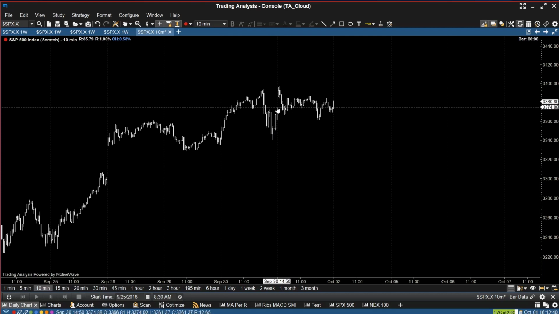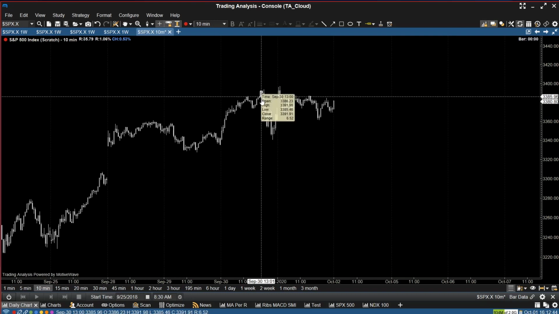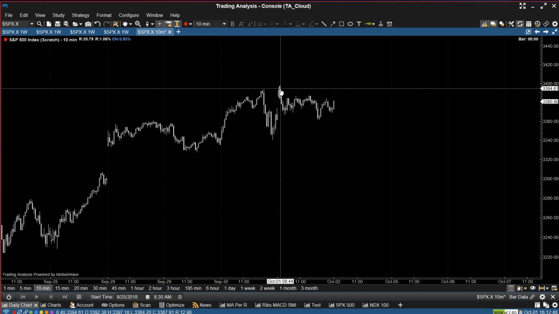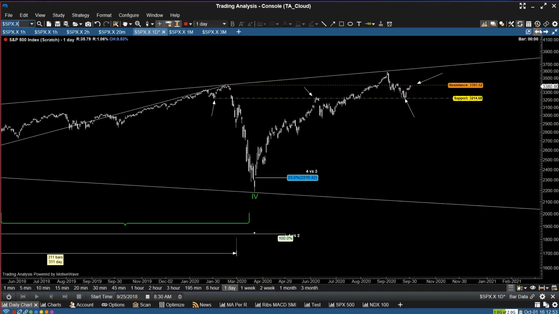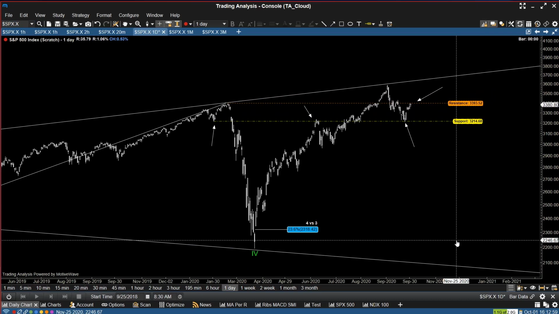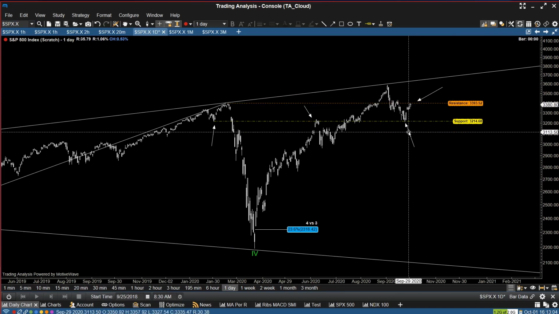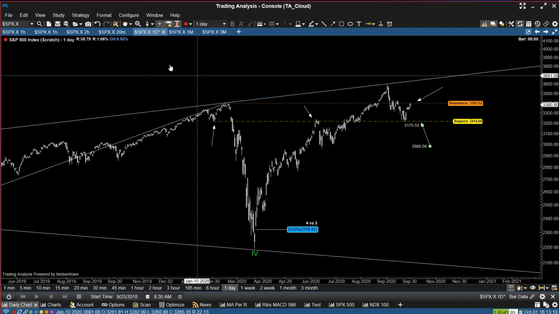We then did manage to retrace into the close. So we were in the process of turning yesterday's session red. We retraced, we gapped higher, we broke through that, and now we're simply consolidating. So as we look at the daily chart in the S&P, we really are at a potential decision point in that, is this zone of resistance going to hold? This zone of support will then likely fail on the move down,